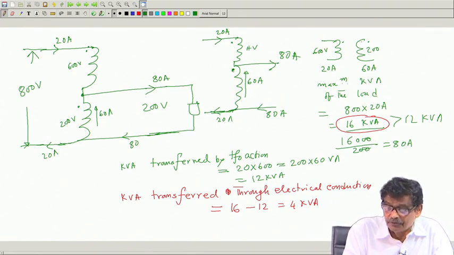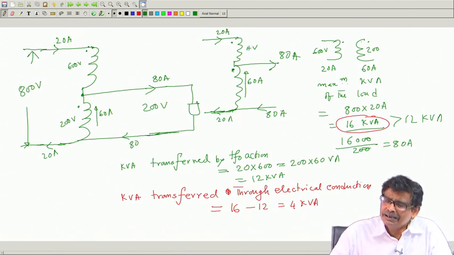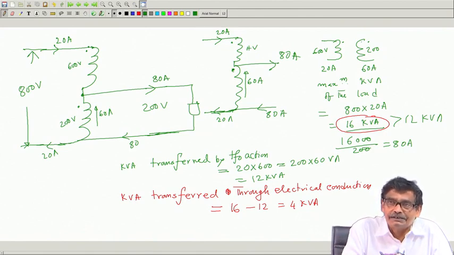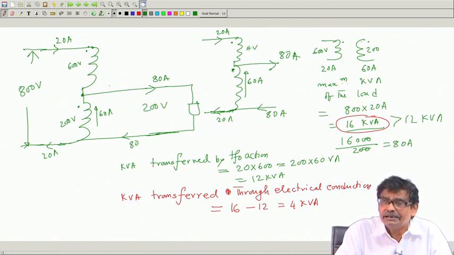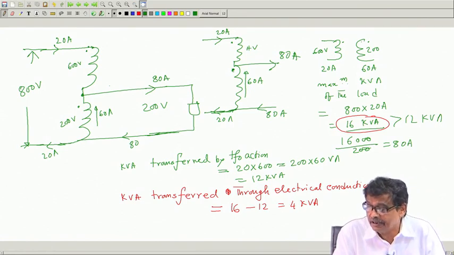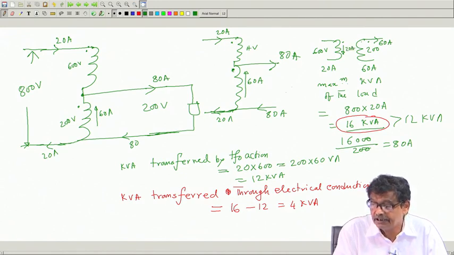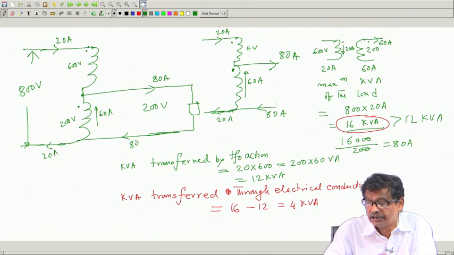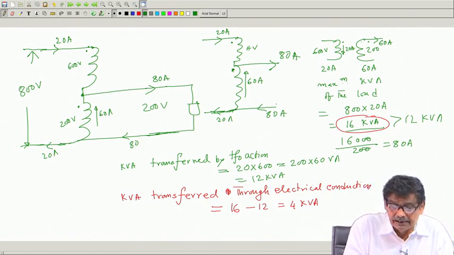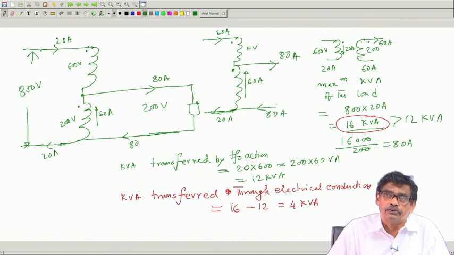See, when a two winding transformer is connected in auto transformer form, the primary and secondary windings are really unaware of the fact that you have connected them in this manner, unlike a two winding transformer. It only knows this much, that if it has to deliver 60 ampere, the moment it delivers through the dots here, 20 ampere must come in. That is its duty. Voltages are rated voltages, and all the calculations go based on that.